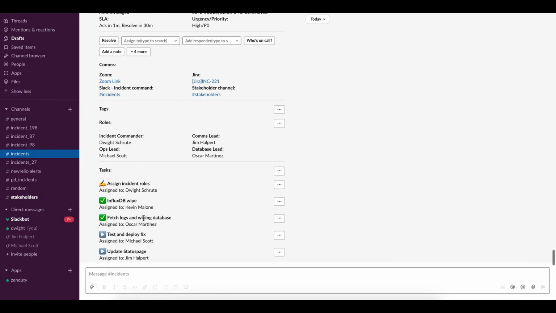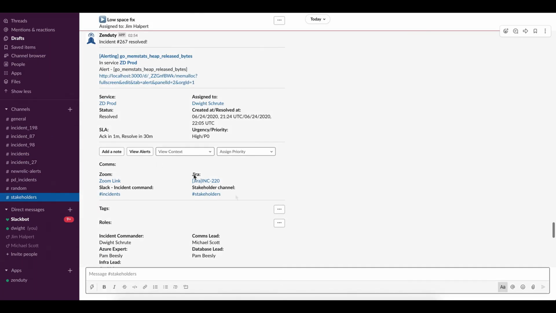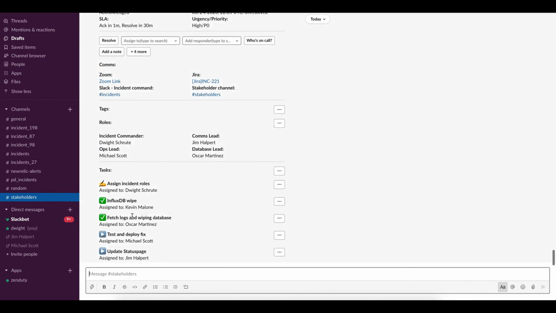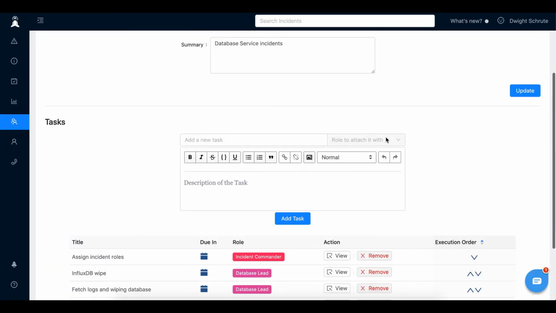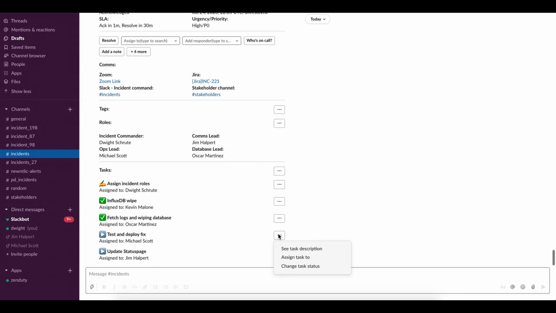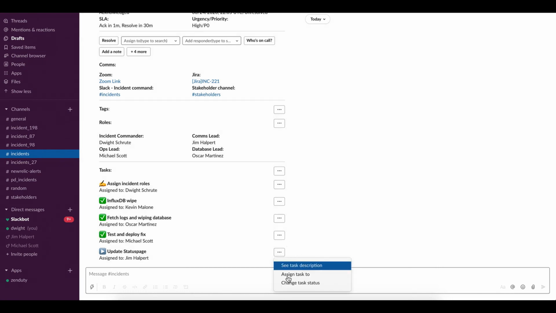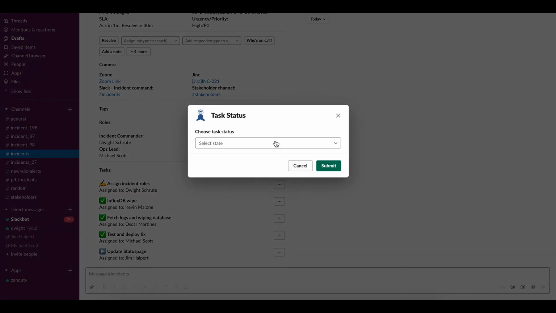Whenever there are any status updates to these individual tasks, any other place within Slack where the incident is shown will update automatically. So once all the tasks are completed, then I think Dwight can go ahead and resolve the incident.